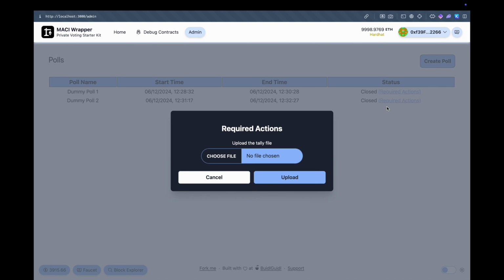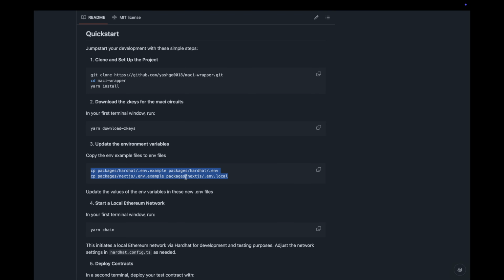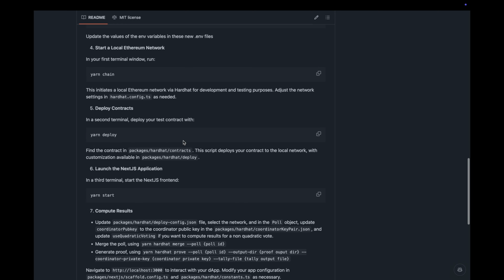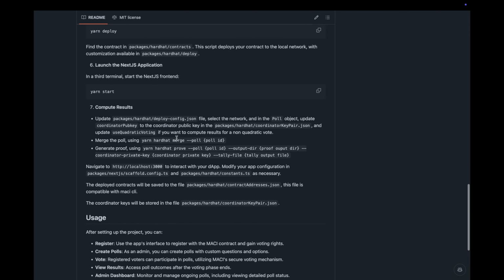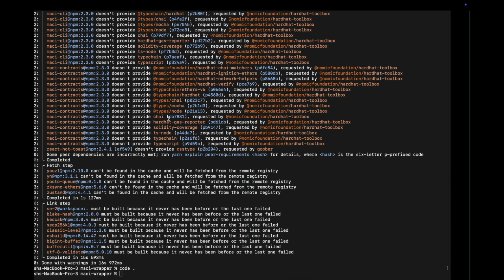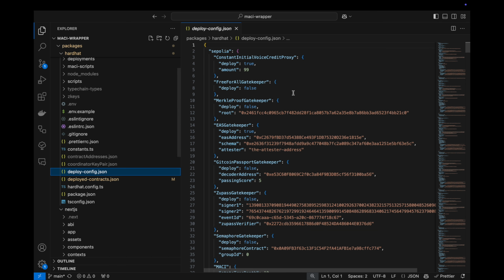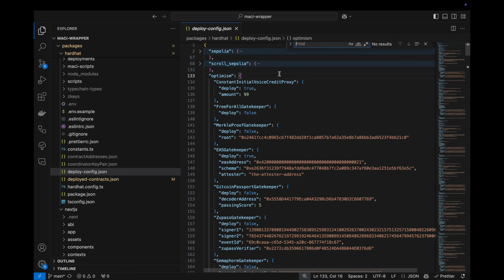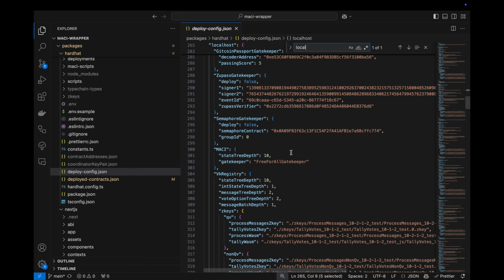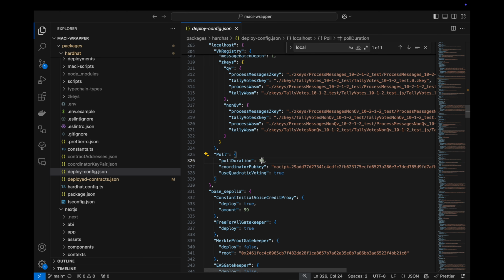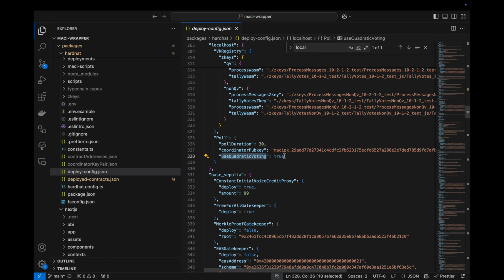Now if we click on required action, it asks us to upload a tally file. We can generate this tally file by following the instructions given in the GitHub README. To compute the result we have to update the deploy-config.json file. So let's go to VS Code. In the deploy-config.json file, you will see different networks here, but we have deployed on localhost. So if we go to localhost and go to the poll section, we can update the coordinator public key and the use quadratic voting variable. This will be set to false as we are using non-QV,